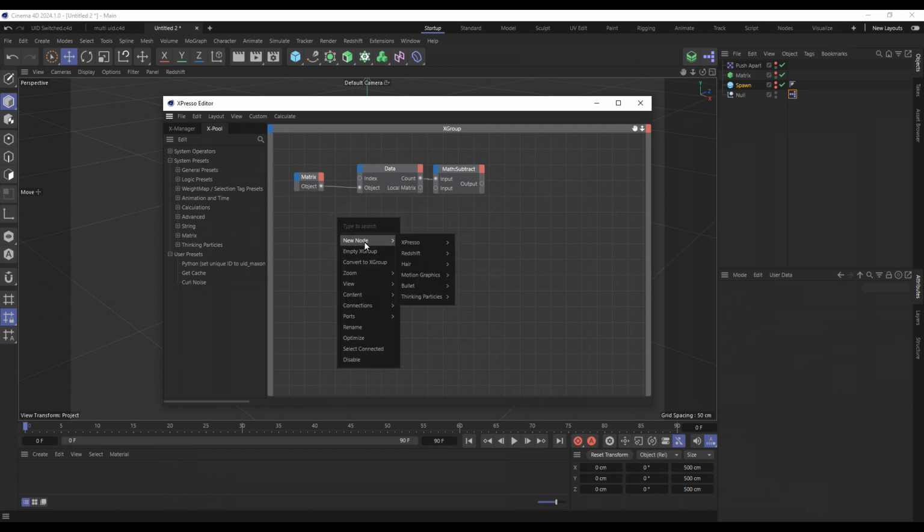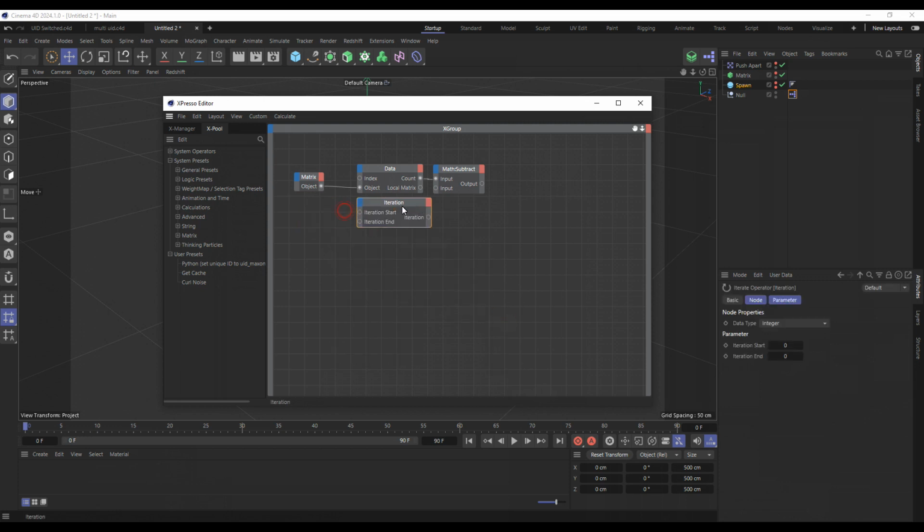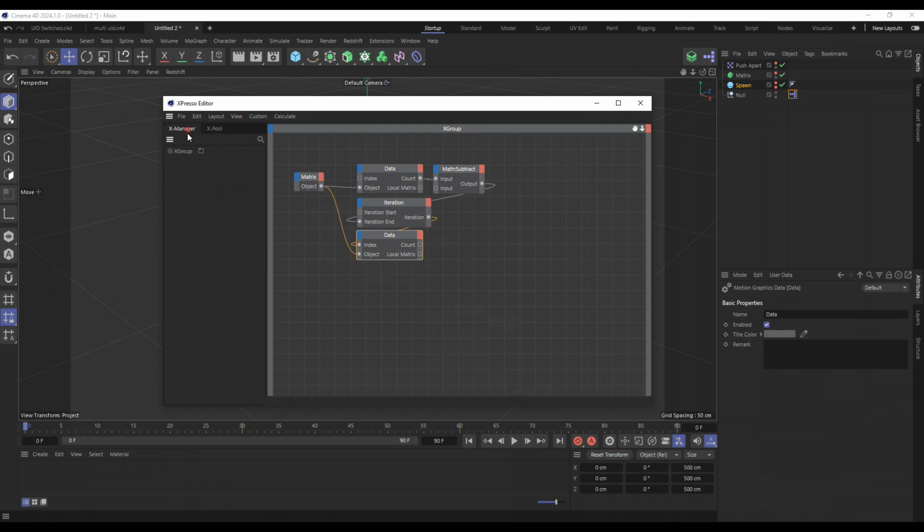So we also want an iteration node, and this will drive the iteration end, and then we'll grab another data node and we're going to drive its index, and always have to debug things a bit. So open up our position and global matrix,